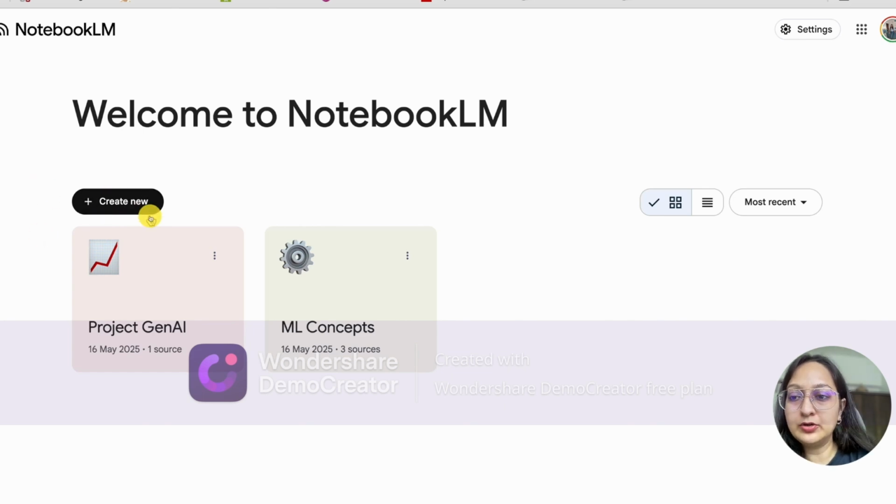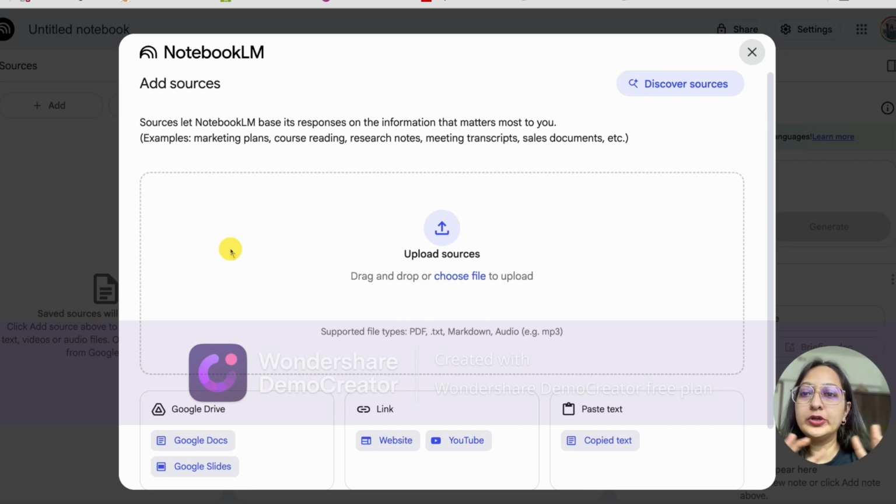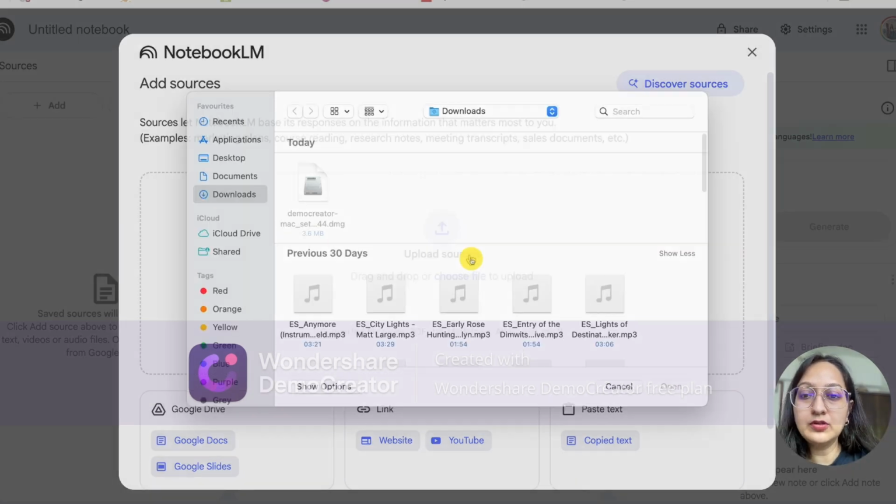So now here we are going to create a new notebook. As soon as you click on create a new notebook, it immediately asks you to add sources, because like we discussed, Notebook LM conversation would be grounded on the basis of the sources or the materials that you are providing. Now you can provide any type of sources in different formats. Supported formats are PDF documents, text documents, Markdown, and even audio files. So you can simply upload such sources from your computer,